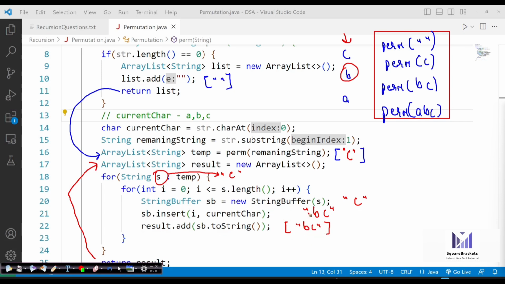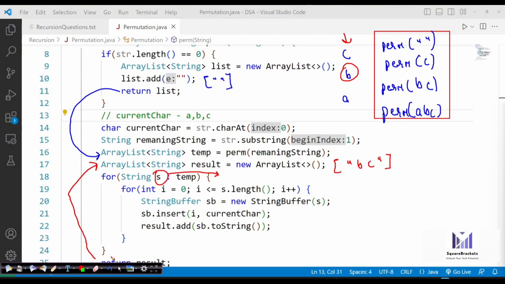I hope you are able to understand now how exactly it is being concatenated. So now it has become B, C. Now if I return it back, it will become B, C.